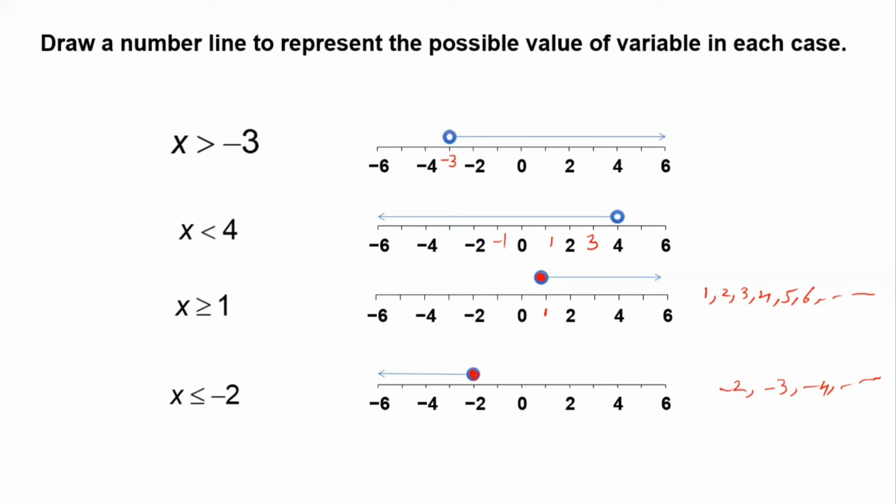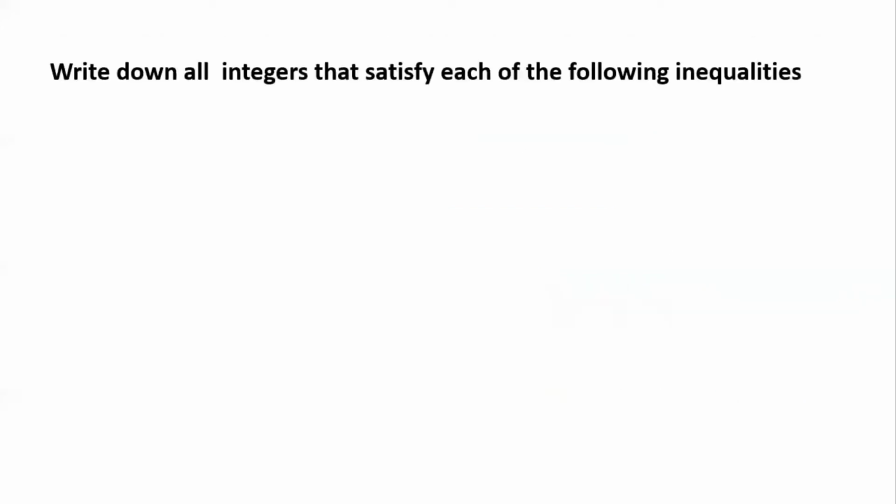Okay, now that you have understood how to represent inequality on a number line, let us find all the integers that satisfy each of the following inequalities. We have an inequality here, 2 is less than x less than 21. Remember, less than: 2 will not be included, and 21 will also not be included. Excluding 2 and 21, all the values which lie between them satisfy this inequality. So greater than 2, it is 3, 4, 5 up to 20, because x is less than 21, so 21 will not be included. And 2 is less than x, so x is greater than 2.